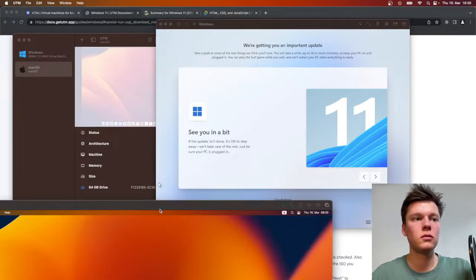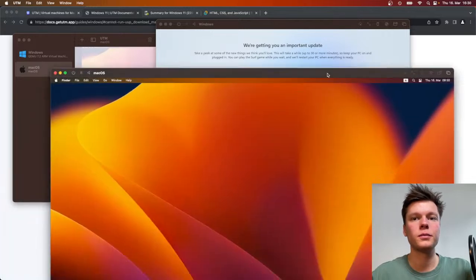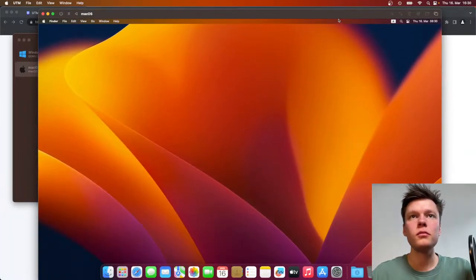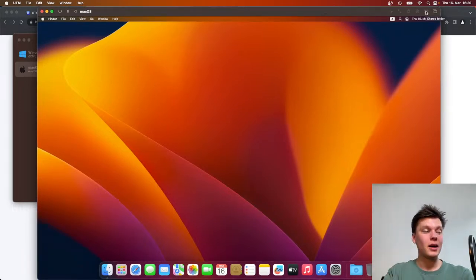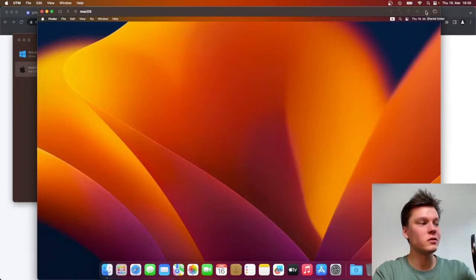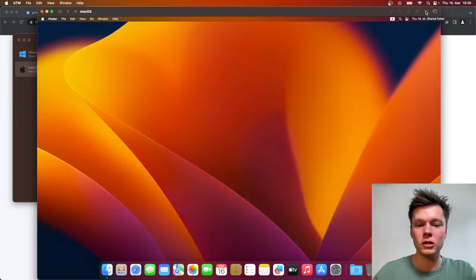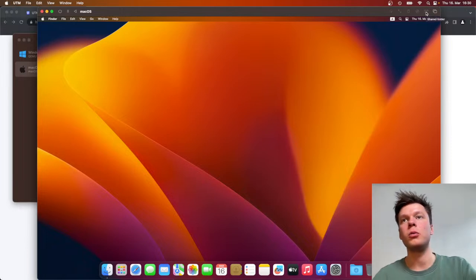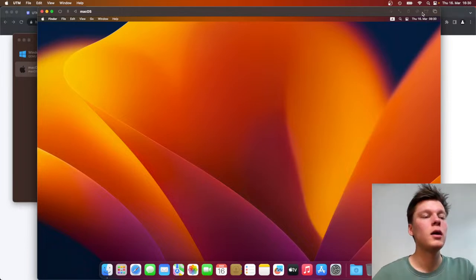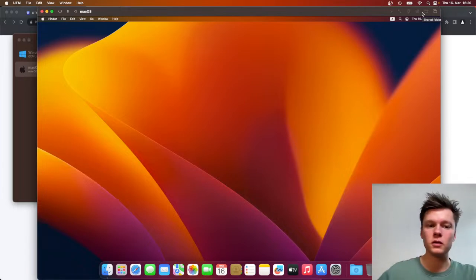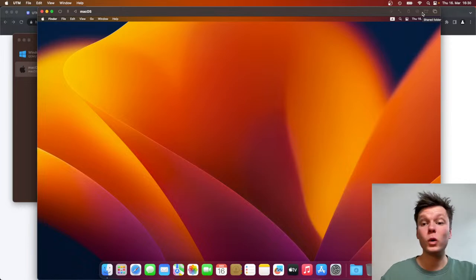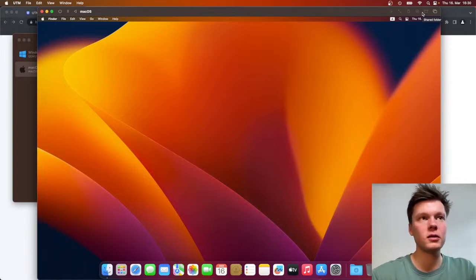So let's have a look at sharing a folder. macOS does not support the shared folder thing. I'm sorry, I don't know the reasoning for this. I haven't done research in that direction yet. I guess it's a limitation, not with QEMU, of course, or UTM, but with macOS itself. But what we do instead is we set up